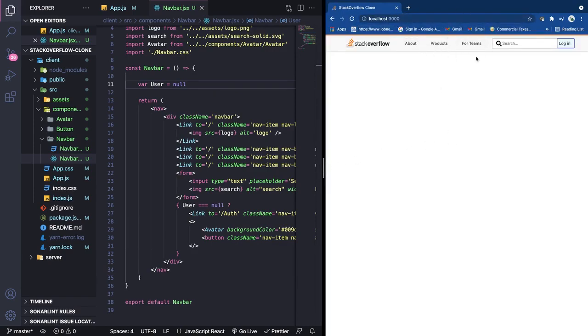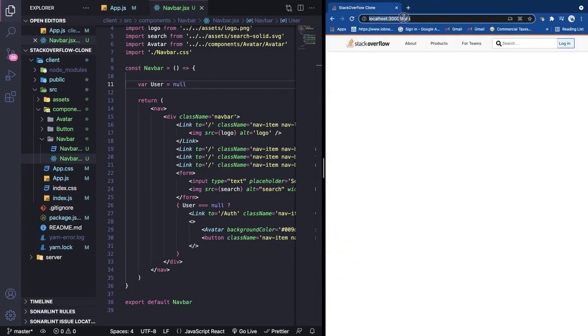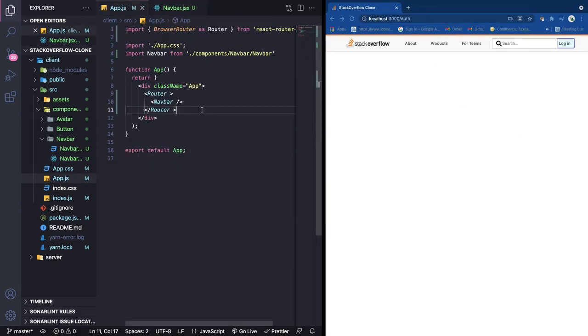You can see now our navbar is fine enough. Now if I want to go to the login page, I have to click this button. If I just click this button, the URL goes to auth, which is okay, but there is no auth component here. We don't need to have the login page here, but to make that, if you just remember the React router